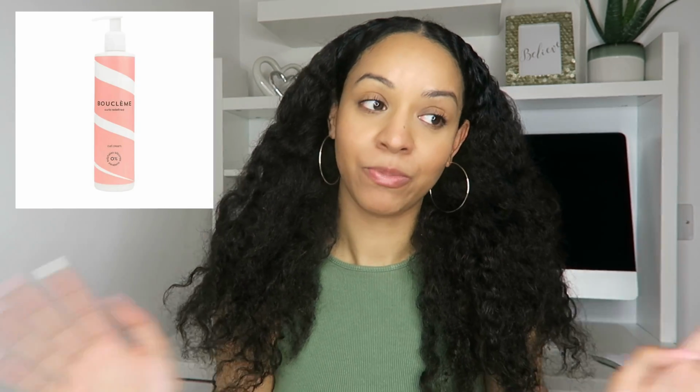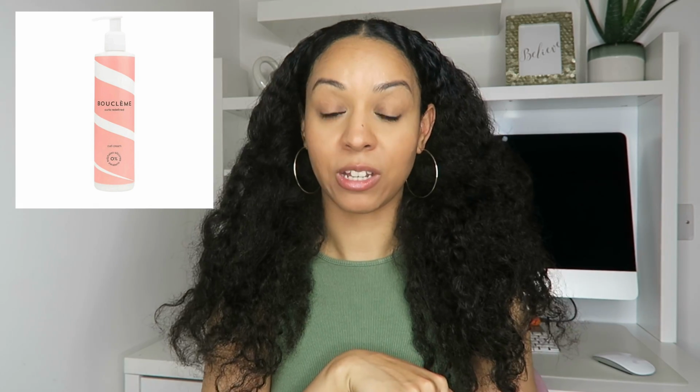The next is my holy grail, my go-to, my amazing styler that I can always rely on. It never lets me down. That is the Clem Curl Cream. I have been in love with this product since the first time I ever tried it, which was years ago. I feel like my hair wasn't even transitioned by then. I feel like I hadn't even done my big chop yet. So yeah, I've been using this from the beginning of time, but